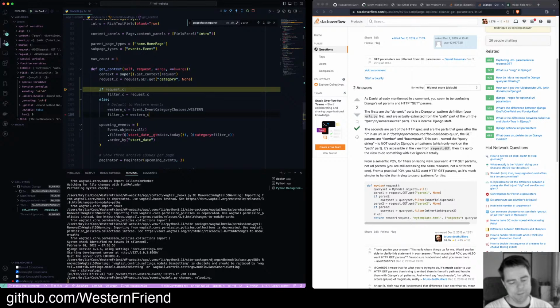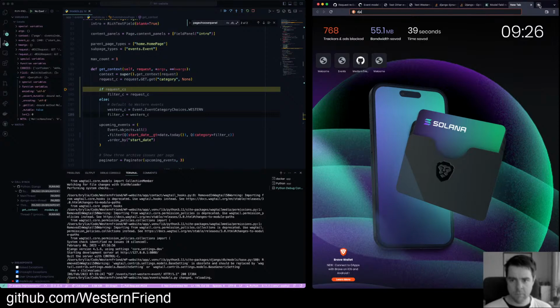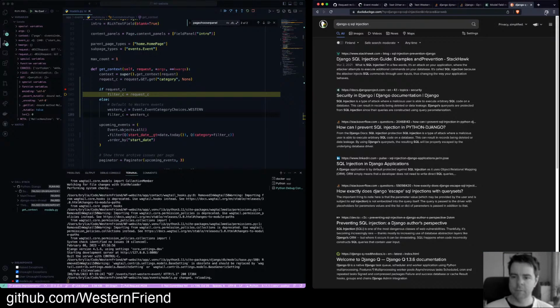I need to pull this string from the enum where it's trusted. And this unless Q is